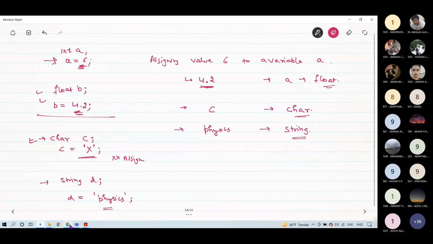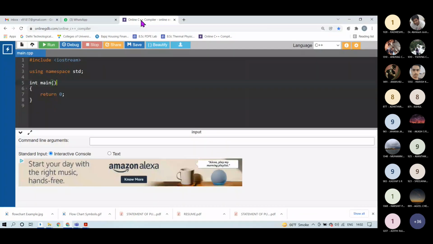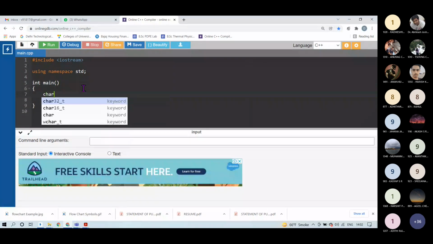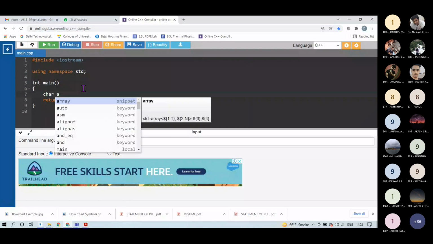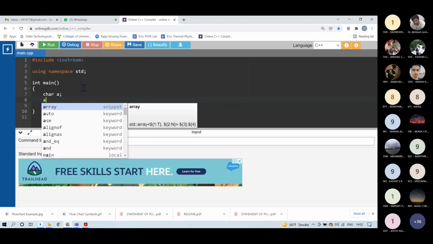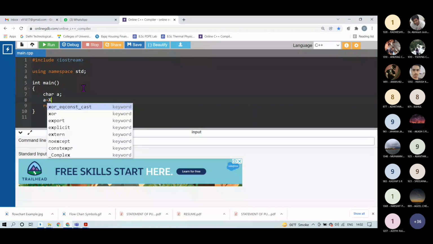So let's see this. Okay, let's say I want to define a variable A whose data type is char, and I want to assign capital X to it.